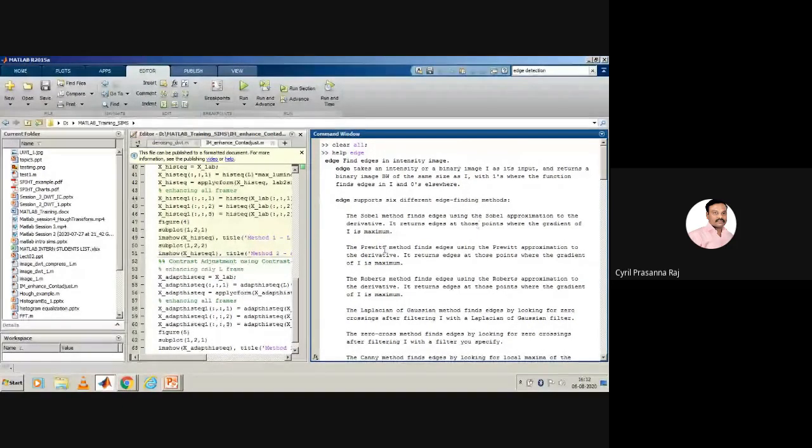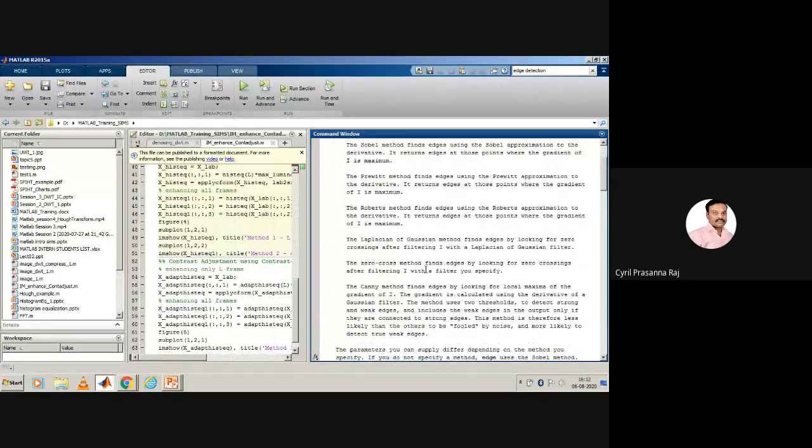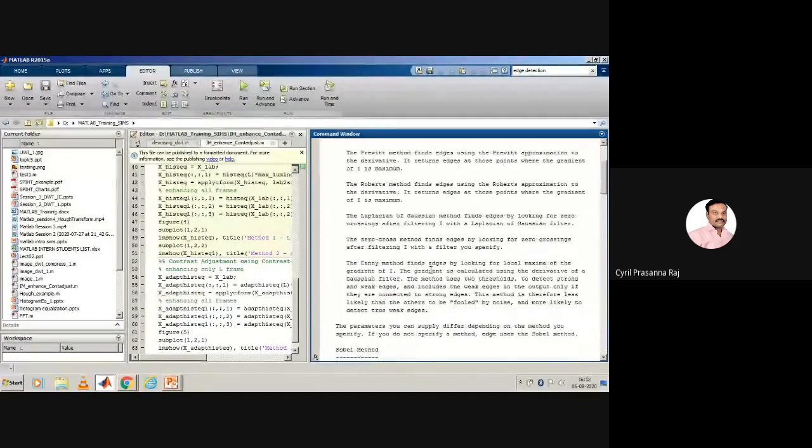It could be Prewitt, Sobel, Roberts, Laplacian of Gaussian, zero crossing methods, that is your second derivative method, or Canny.